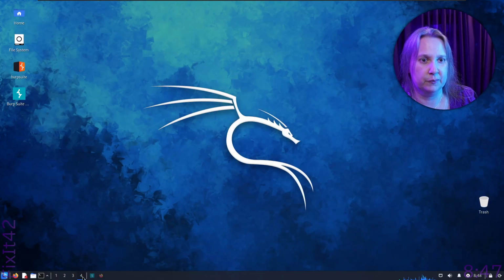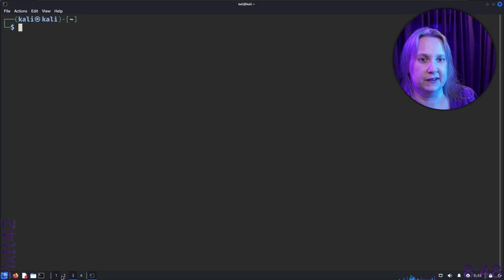So first of all, I usually start stuff in my first one and have my VPN on that one. Let's put the VPN on number 3 then. This is just the way Linux works for non-Linux people, that you can have different desktops, so you can separate stuff like that.